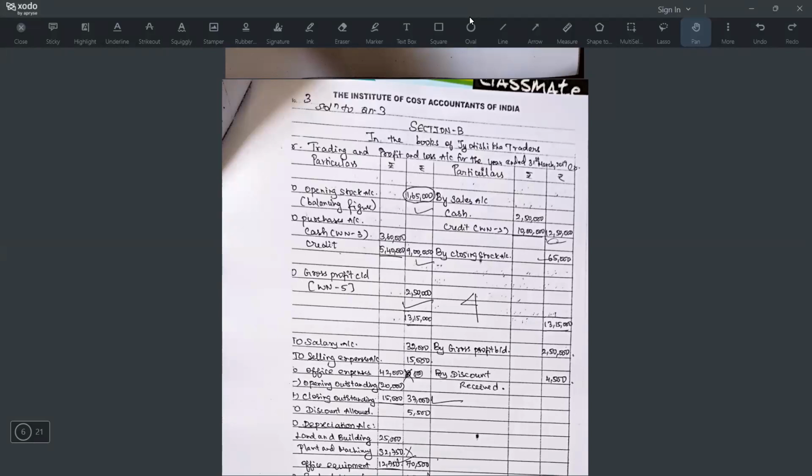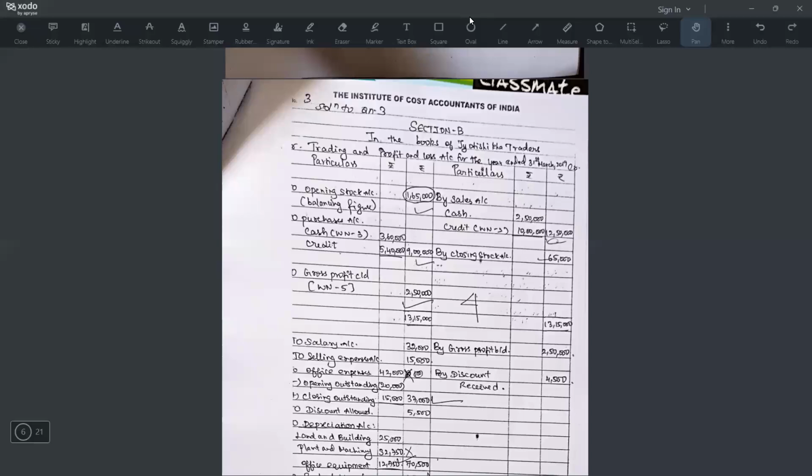Okay, many of the misconceptions are circulating on social media that the Institute of Cost and Management Accountants of India does not provide any step marks. No, the Institute of Cost and Management Accountants of India will provide you step marks for each and everything which you are going to write. On this part, as I already told in my exam oriented batch, which I have already uploaded on my YouTube channel,